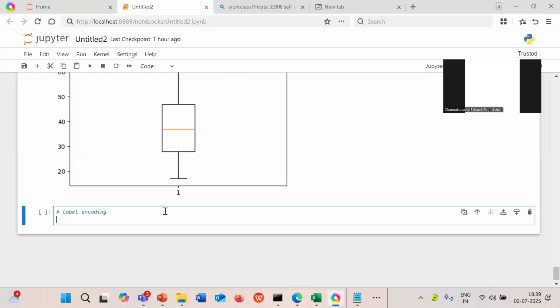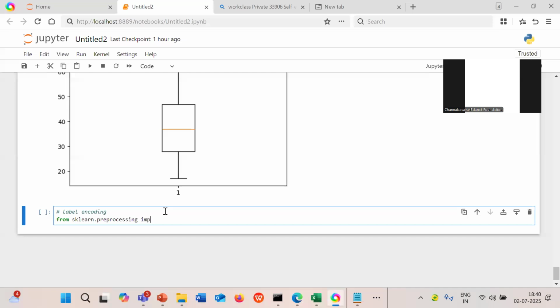We will be using certain libraries to use the label encoder. We have a library platform called sklearn, from where we can import the label encoder, since it is a pre-processing technique.